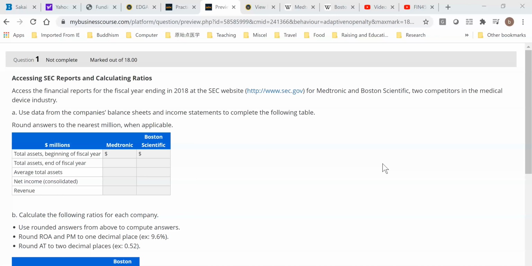Because as you will find out, sometimes even if your answer is just one decimal place off from the correct answer, quote unquote correct answer acceptable by MBC, your answer will still be marked as incorrect. So in order to get the strictly correct answers by MBC, we need to follow the rounding requirements very strictly. For example, for this question, access the financial reports of the fiscal year ending in 2018 at SEC website